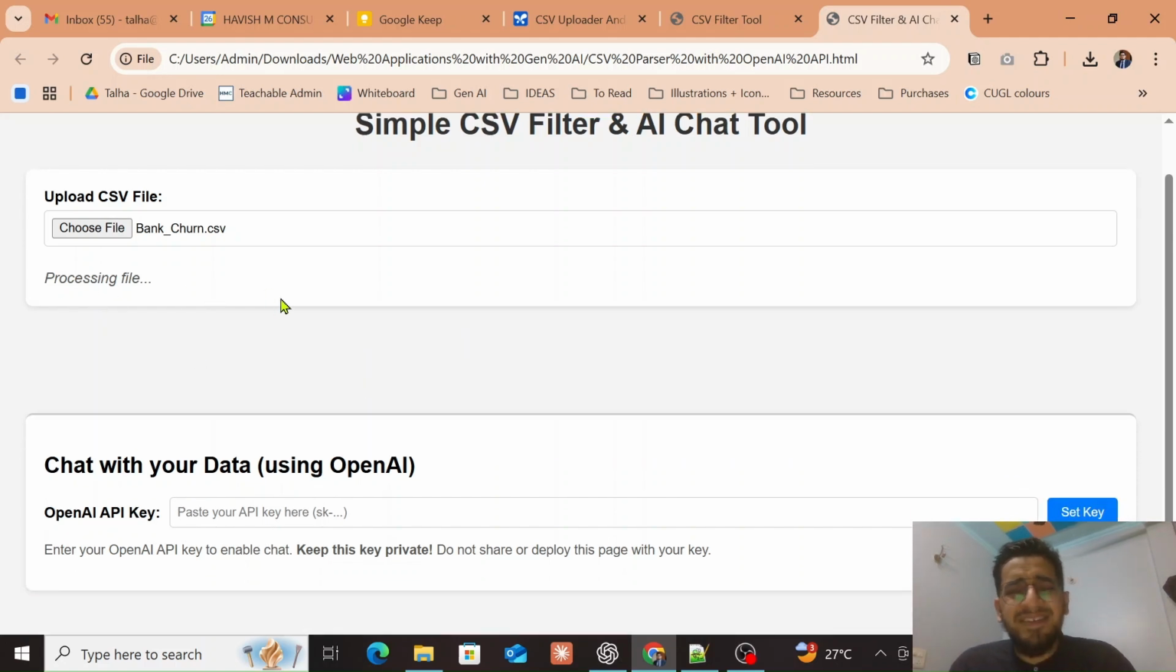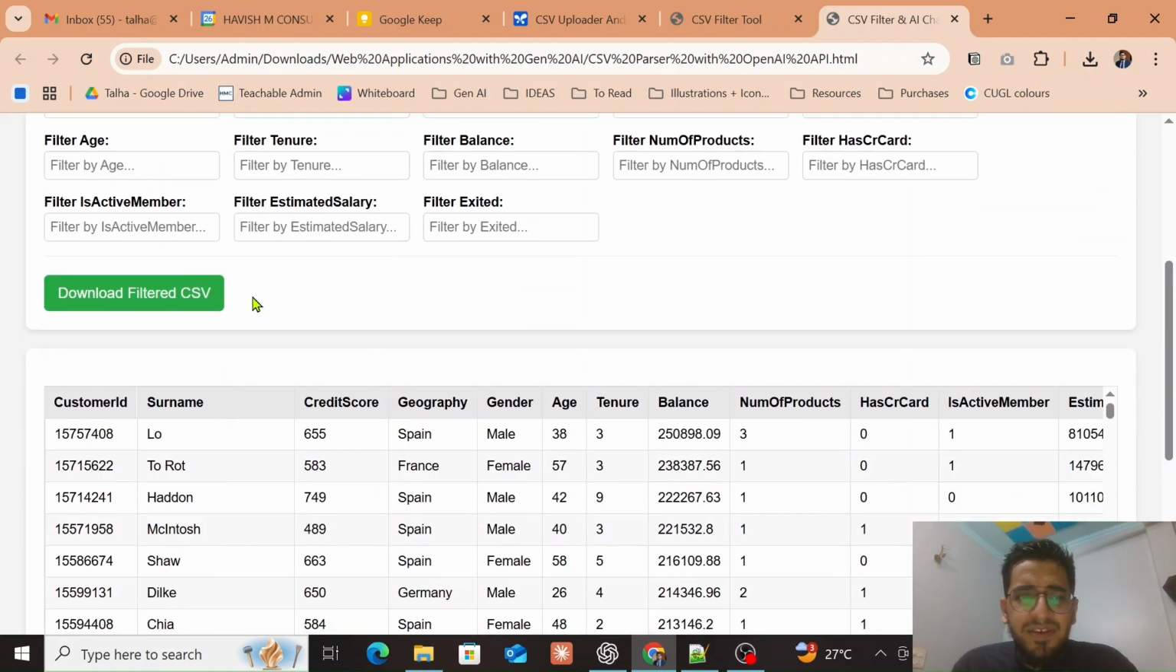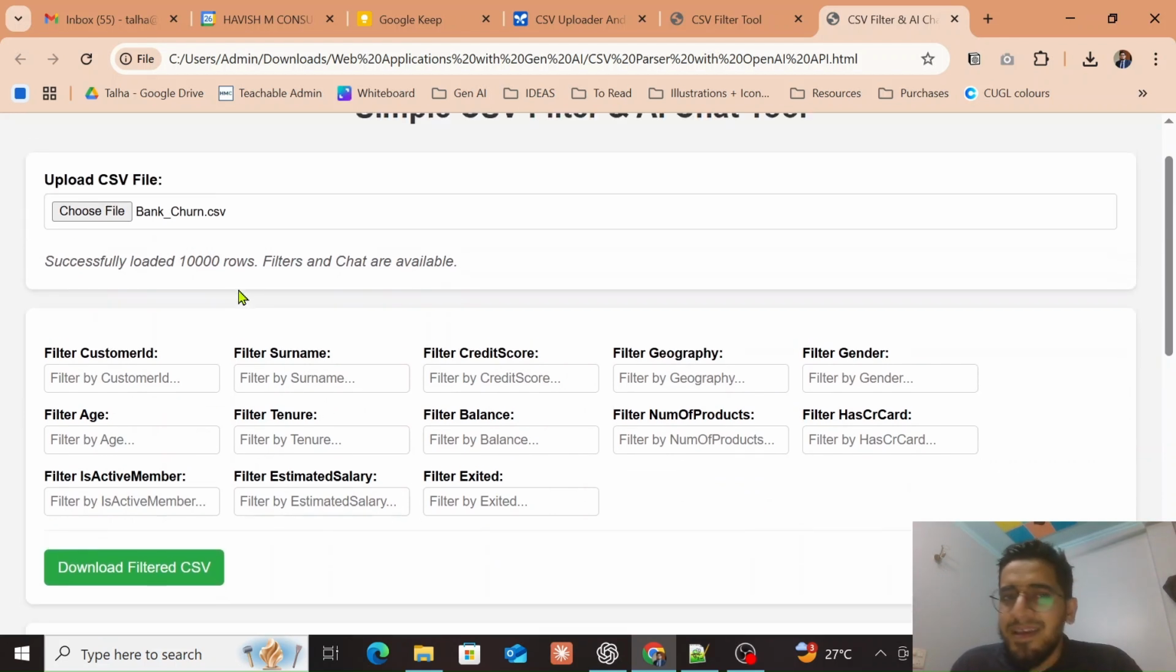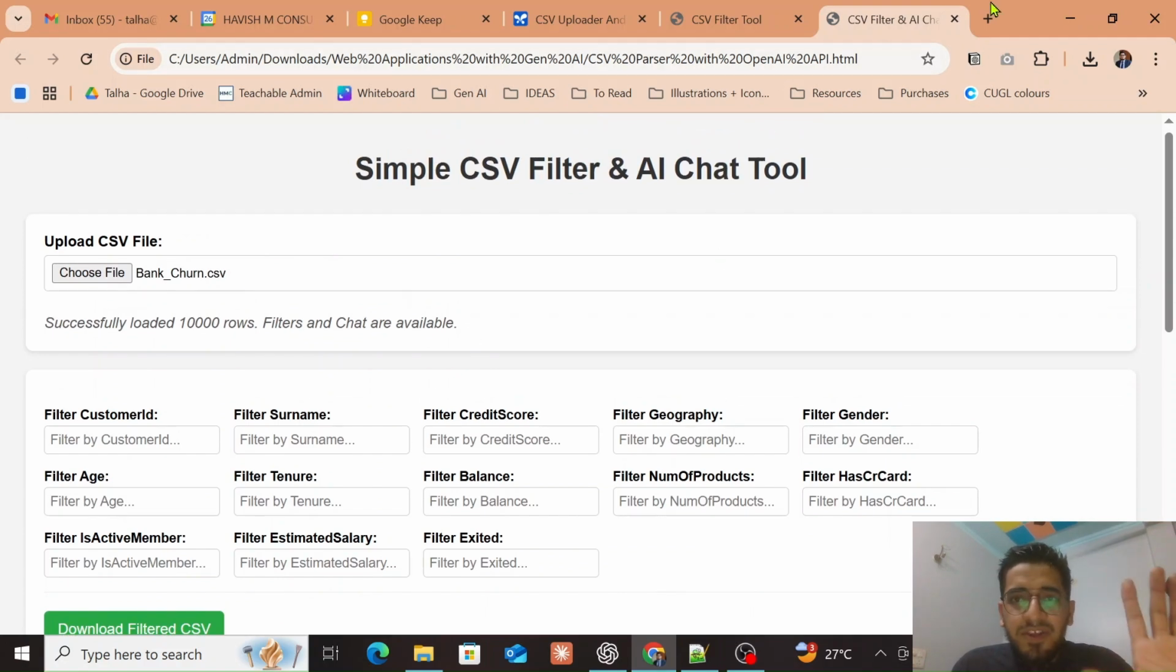So it is loading. It has 10,000 rows, so it might take some time, right? As you can see, it has uploaded the filters. Again, I could add a button to collapse the filter panel. All of that can be done. See, remember, it's a web page, so